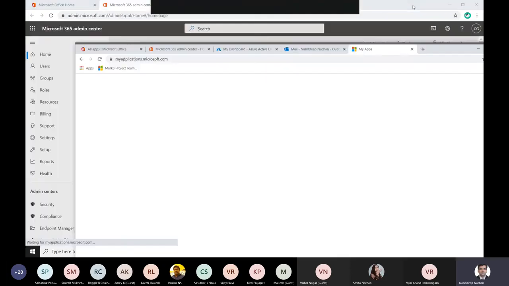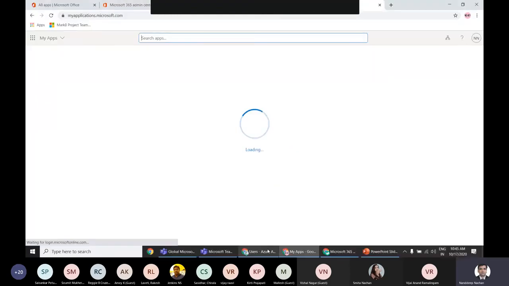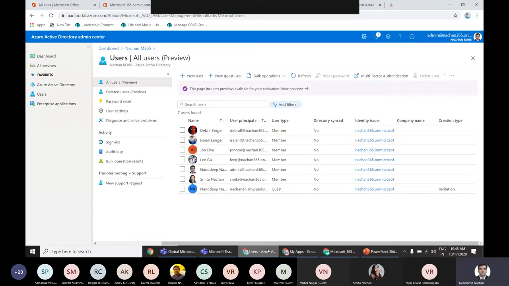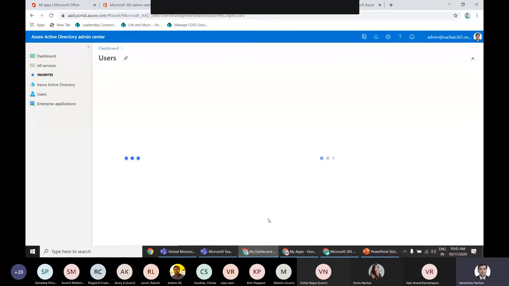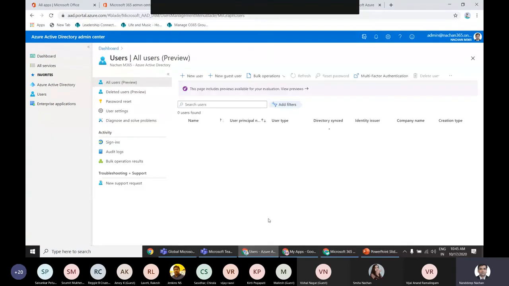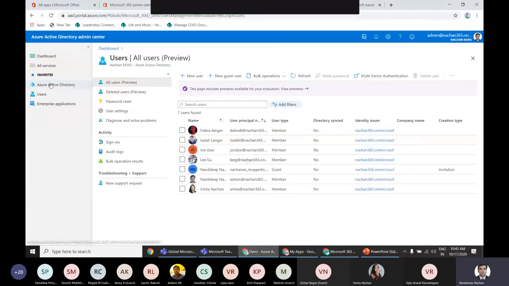Okay, now that we have this user added as a guest user to our Contoso. It is still loading, but I guess I can even go here. If I refresh this, we should be able to see that this user has accepted to become a collaborative user along with Contoso. Next thing that we can do is go back to this Azure Active Directory,